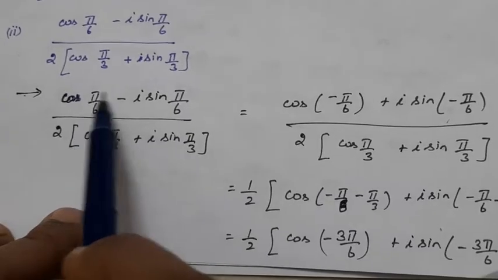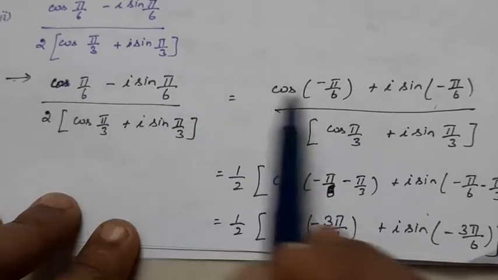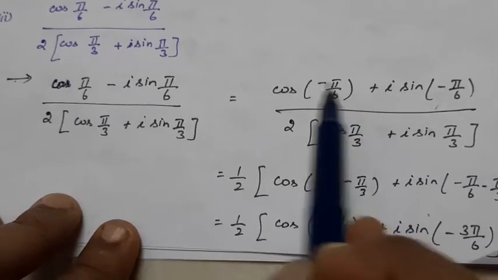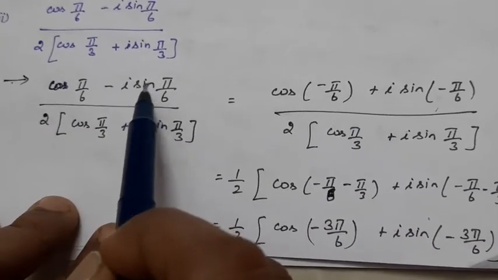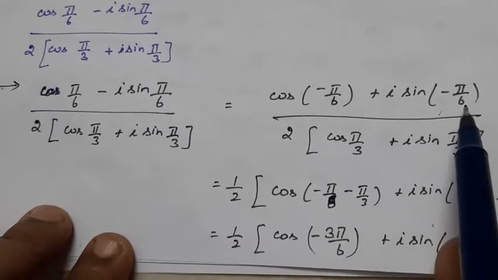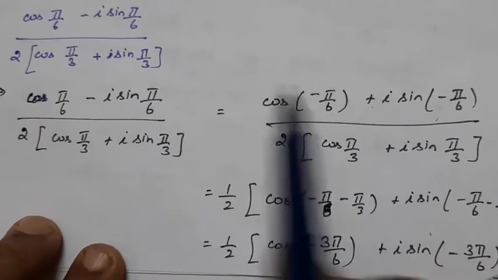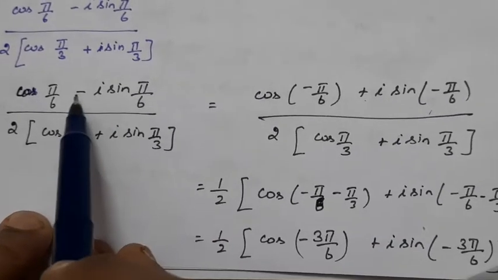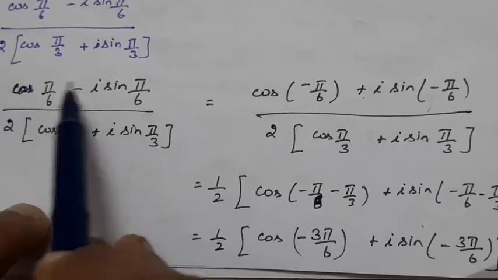Involve this minus into the cos and sin. That is, cos of minus pi by 6 is cos pi by 6. So rewrite pi by 6 as minus pi by 6, and involve this minus here so that minus of sin pi by 6 will be equal to sin of minus pi by 6 with a positive sign outside. So this has been converted into this form with a negative angle. If minus comes here, just move that minus to the angles.